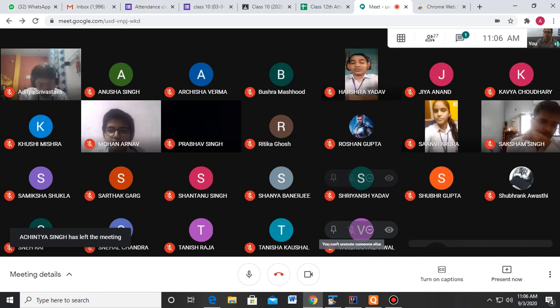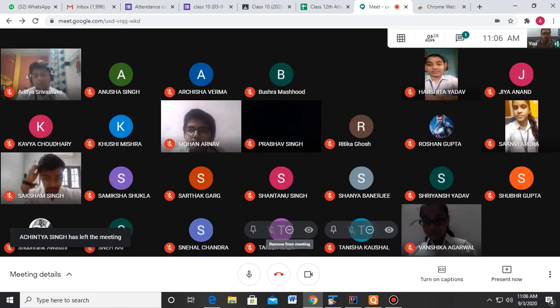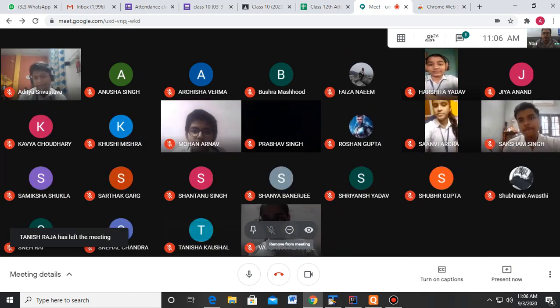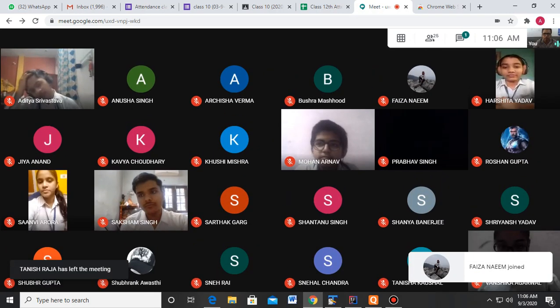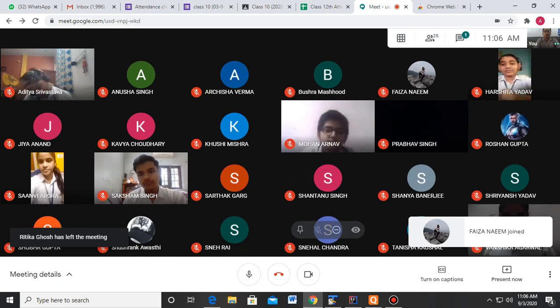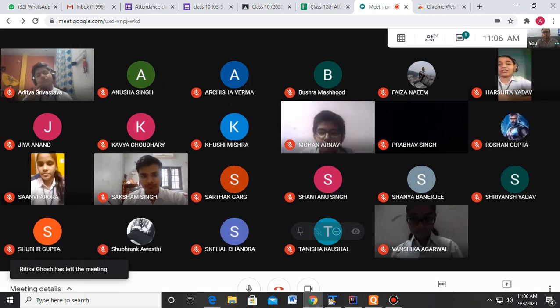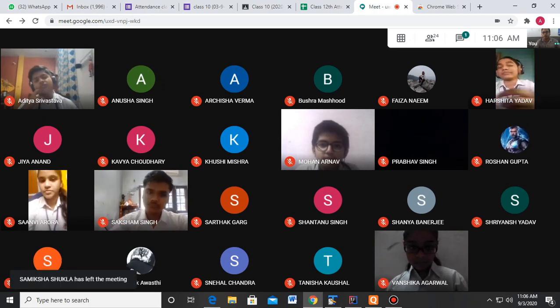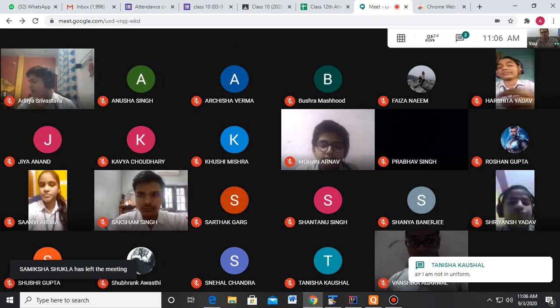Roshan Gupta, Shubhra Gupta, Tanisha Kaushal, Faiza Naim, Bushra Masood, Anusha Singh.